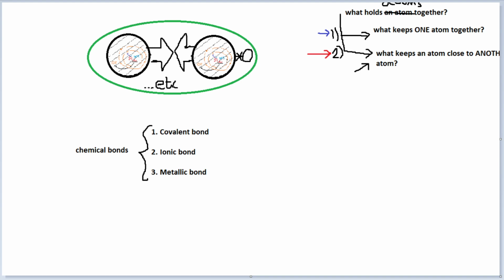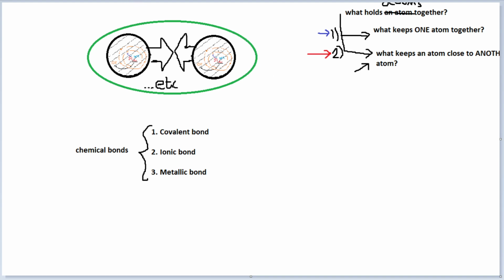You can have 100 atoms in this green picture, as long as they are joined in pairs by one of these 3. As long as every pair in the green picture is joined by one of these 3, and they might be different. They don't all have to be the same. You could have 5 covalent bonds, 20 ionic bonds, and 30 metallic bonds, all in the same green picture. You can have a lot of atoms in that green picture. It's fine. Doesn't matter. You're allowed as many atoms in this green region, this green picture, as you want, as long as they are joined by one of these forces in pairs. Okay, let me take that away.